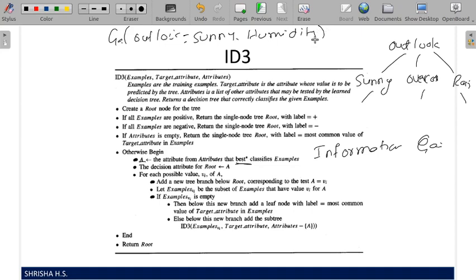So for sunny you calculate, for overcast you calculate, for rain you calculate. That's what it's saying here.